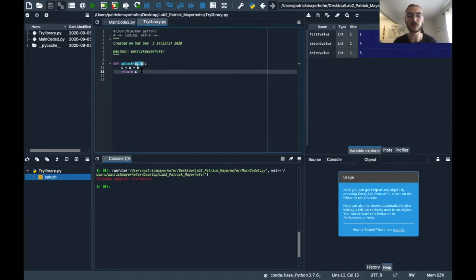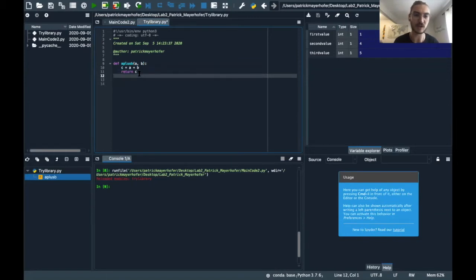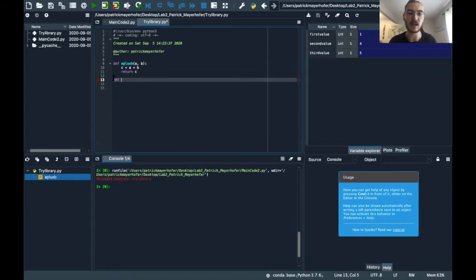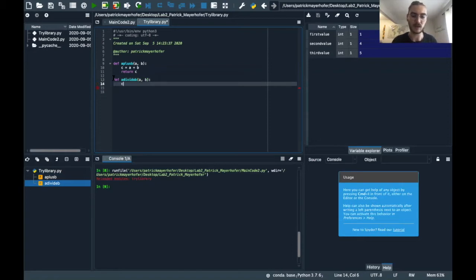those two up because it does whatever this function tells it to do. So now if we want, for example, to have another function in here, we have to start from the very left indentation again. So then we say define a new function, and now let's say A divide B. And again, let's just say we call them A and B. And then our C equals A divided by B. Then here we can say return C